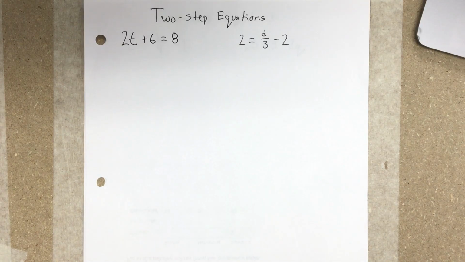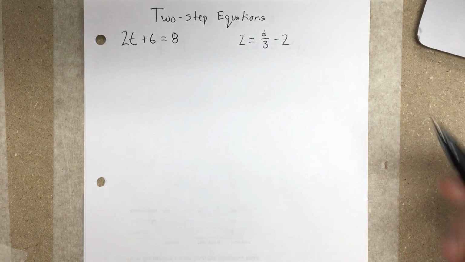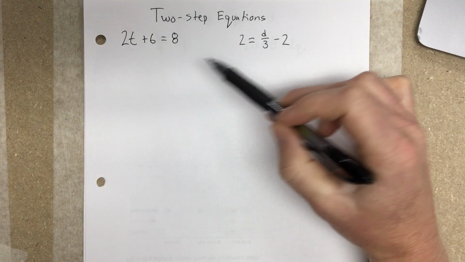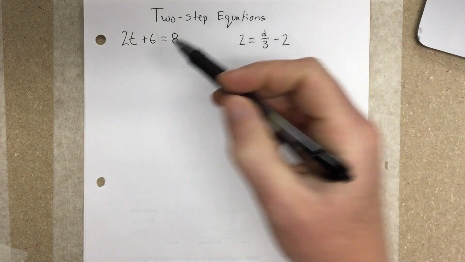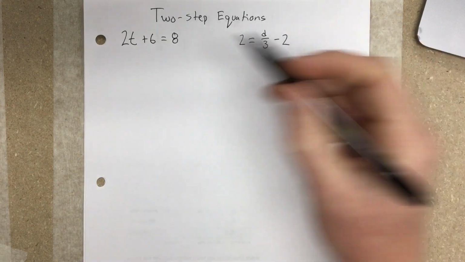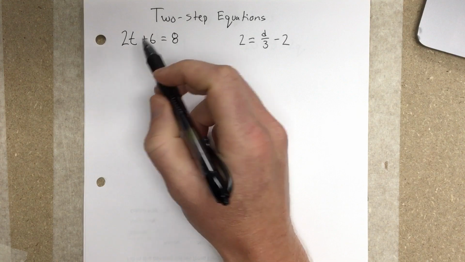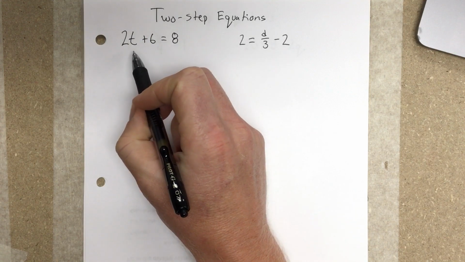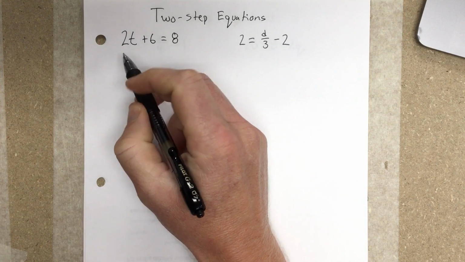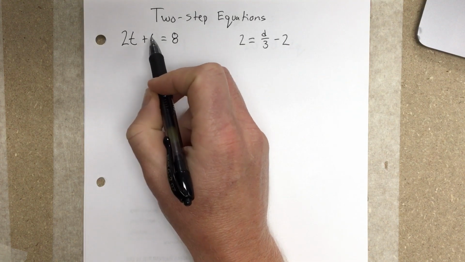In this video, we're going to solve two-step equations. And you can see we have two different problems here, two different looks, one with a fraction and then one without a fraction. We'll start with the easier of the two, which is the one without a fraction. And what you need to look at is the different operations that are occurring in